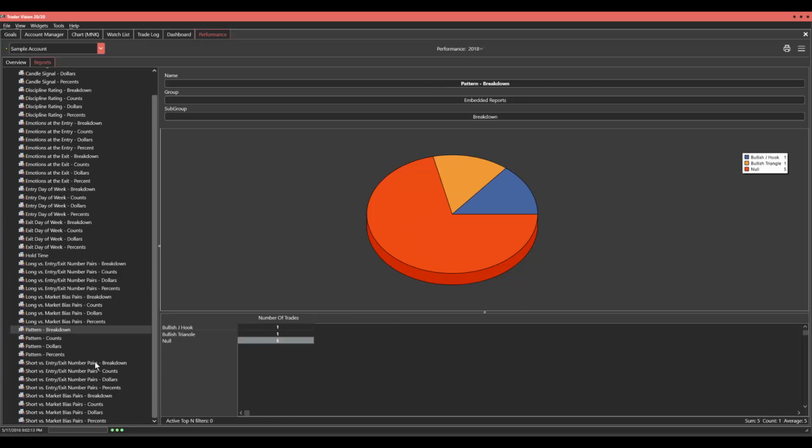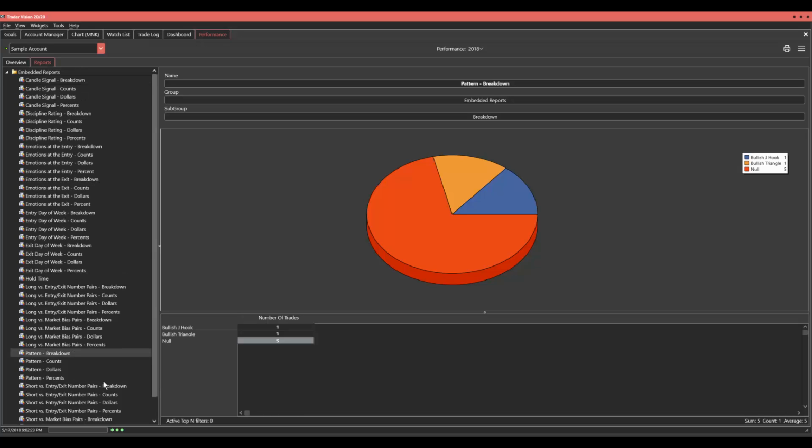And then the same thing as the longs with the shorts. The short for the number of entries and exits, and short for the various pairs of market trends. So that's basically it. And as I said, we should be able to pretty easily add some sort of summary report for you